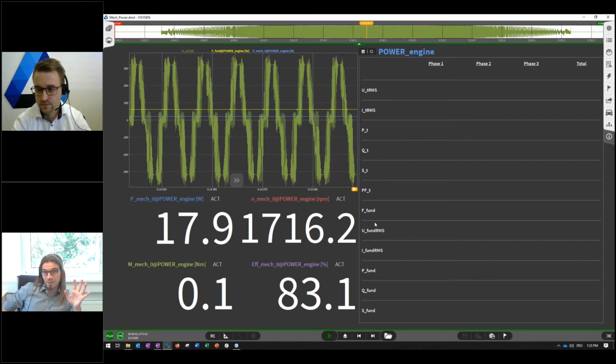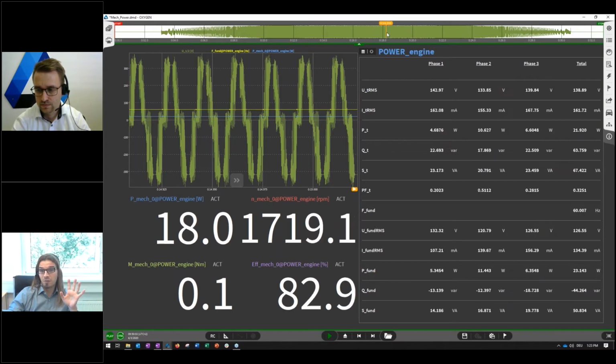The advantage for this mechanical power analysis feature is now that you don't have to manually apply the calculation anymore. You just drag and drop the rotational speed signal and the torque signal to your power group, and then the calculation is done automatically. And the big advantage hereby is that your mechanical power values are output with the same sampling rate synchronized to